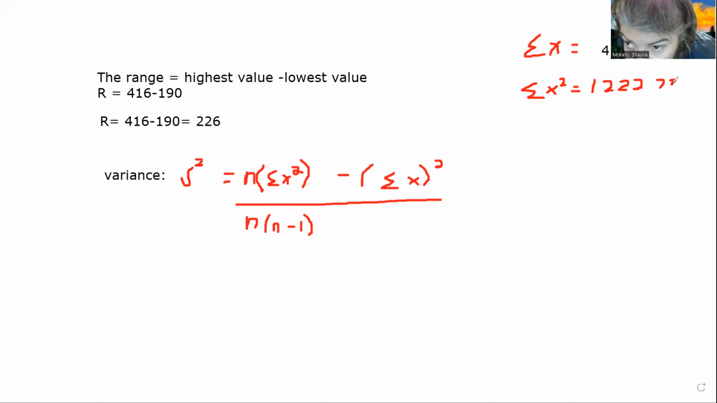730. Okay, that's our X squared, and our N is 15. So when you do this, you get 15 here. Okay. Now, when you write this out, you get